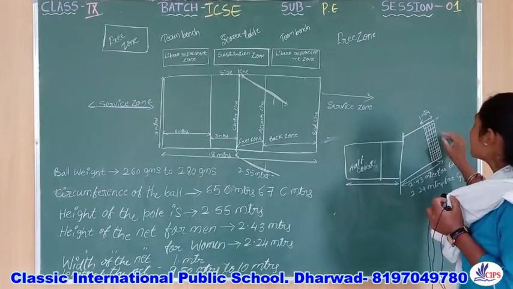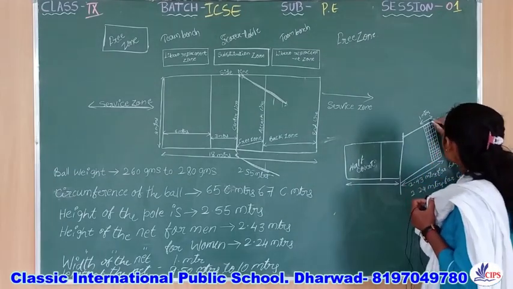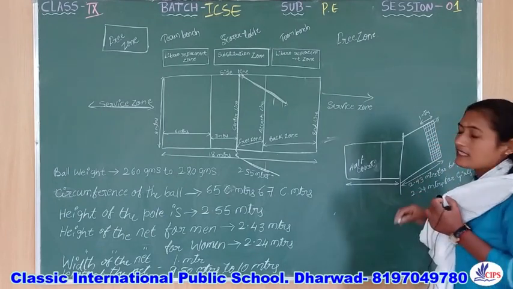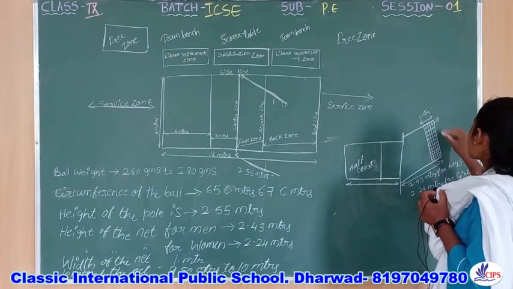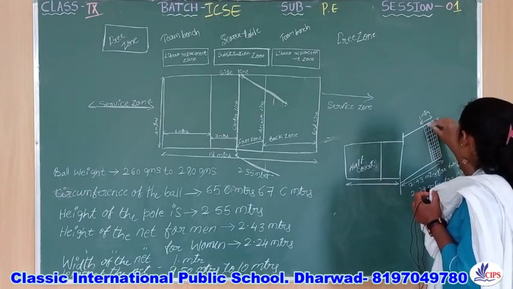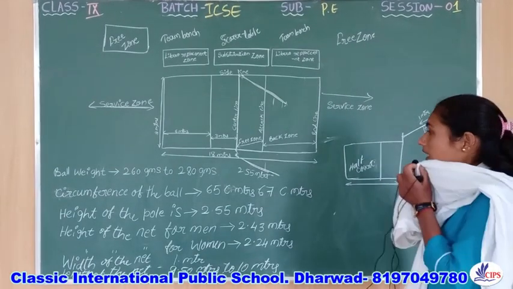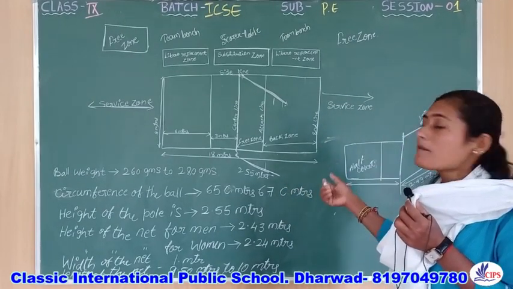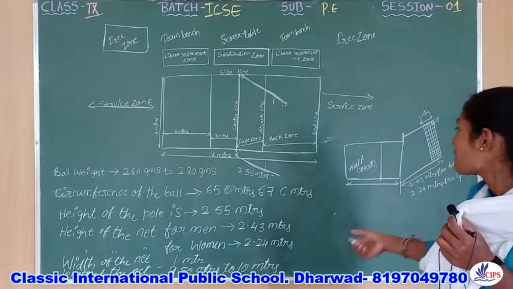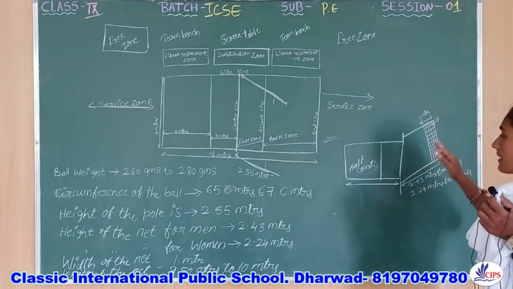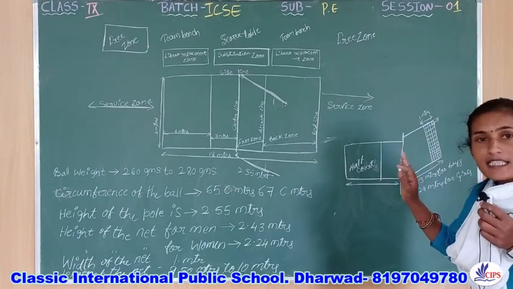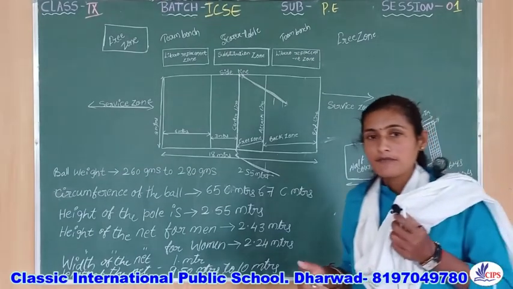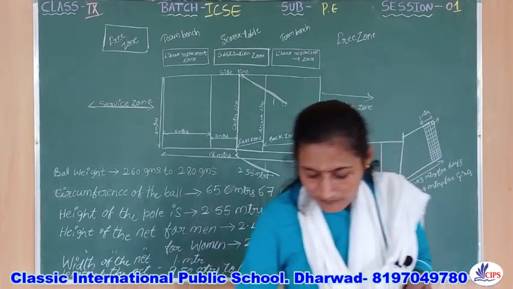This is a net. This is called mesh. A single square of the net is called a mesh. Then I think you have understood the measurements of the court, the names of the lines, the measurement of the net, and the measurement of the poles. Is it clear for you? Okay, then we'll go to knowledge of the game. Shall I start now?